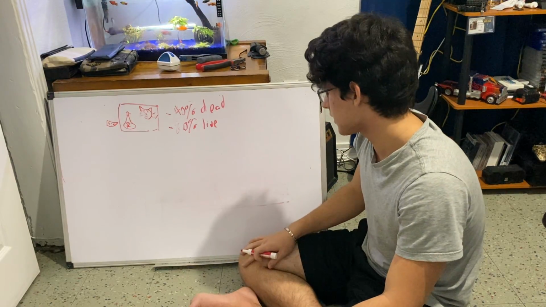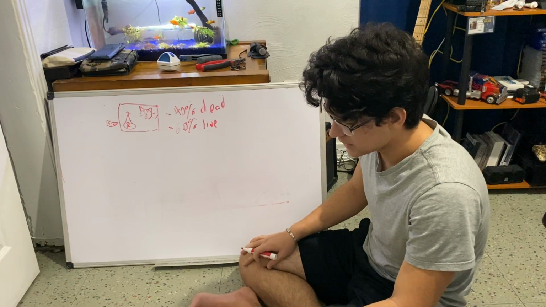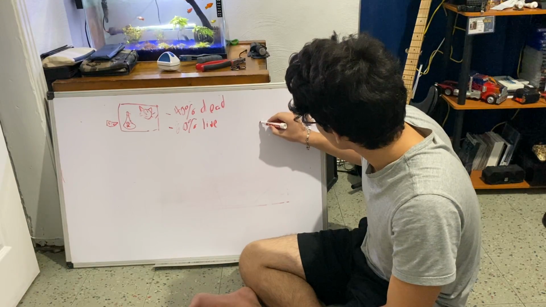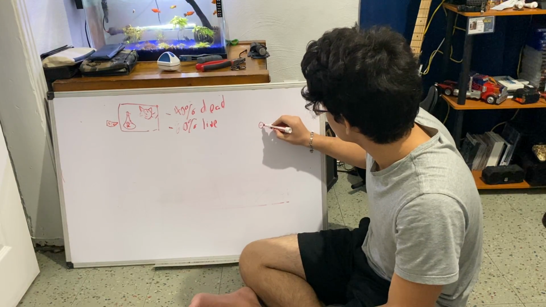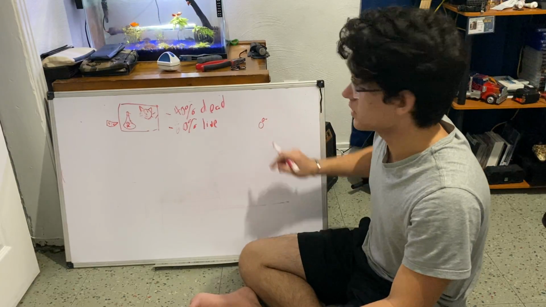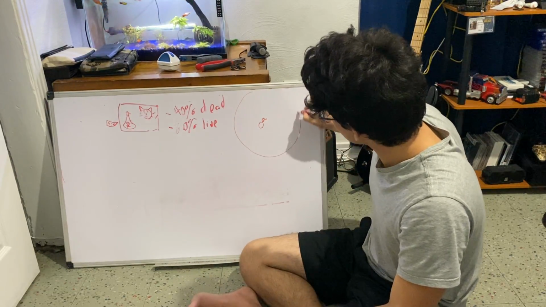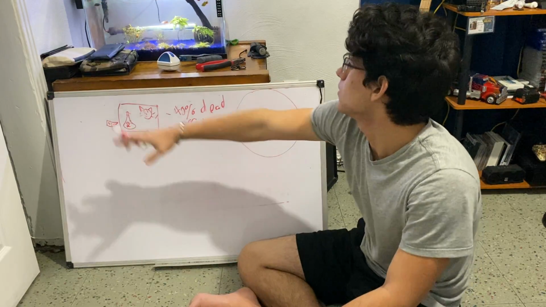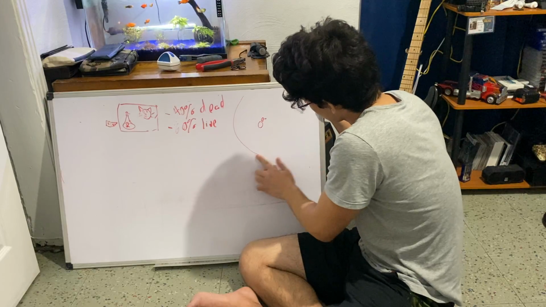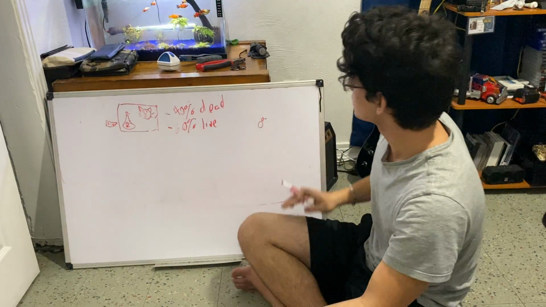So how is this translated to particles in quantum physics? Basically, an electron can be in two places at the same time and it will be totally possible. If you have an electron here, he can be in this whole area. Actually, no, I'm going to make it easier for me. In this space, he can be whatever he wants.